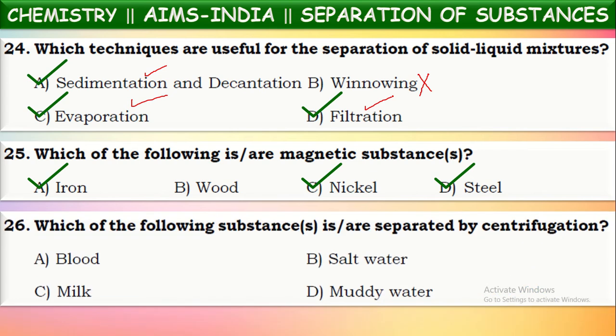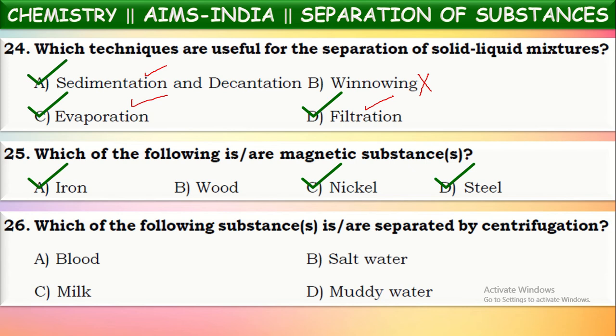Okay. Next question. Which of the following substances are separated by centrifugation? What is the centrifugation method? In the centrifugation method, the solid suspension mixture in liquid is taken into some container like a test tube and will be kept in a machine. That machine will whirl these test tubes at very high speed so that the solid suspensions present in the mixture will be settled at the bottom of the container and the liquid will be coming at the top layer. This technique is called